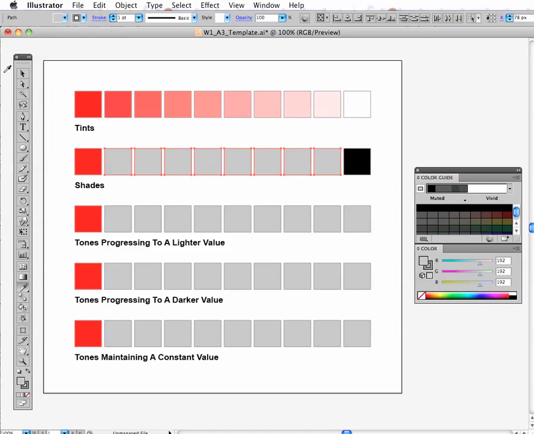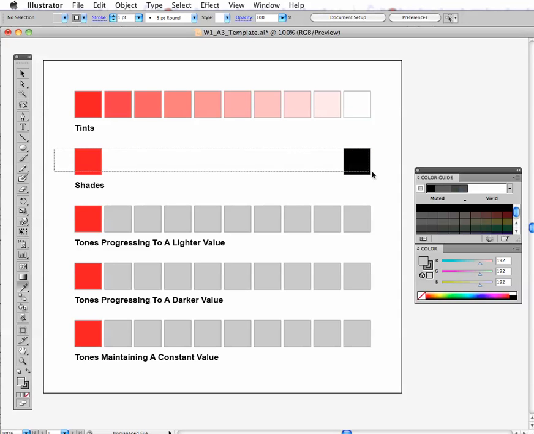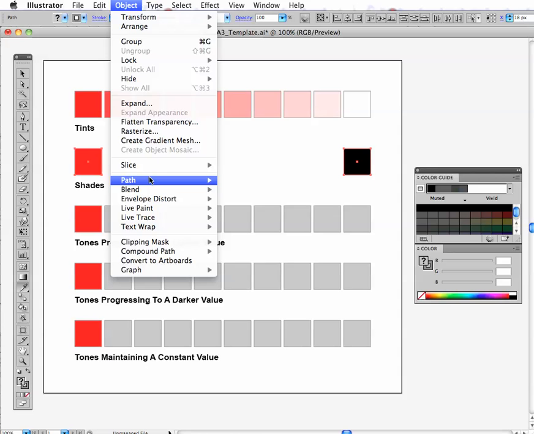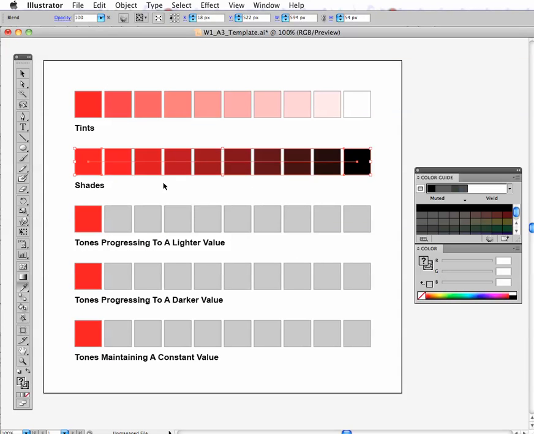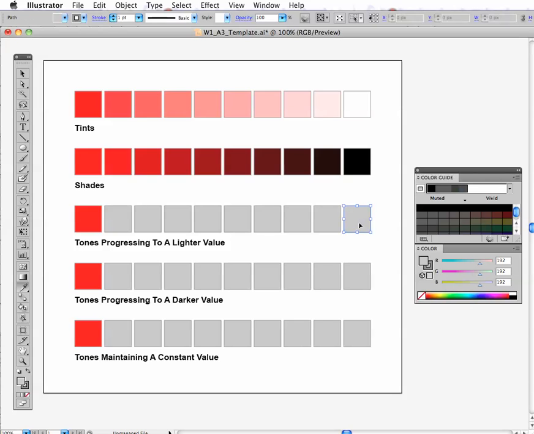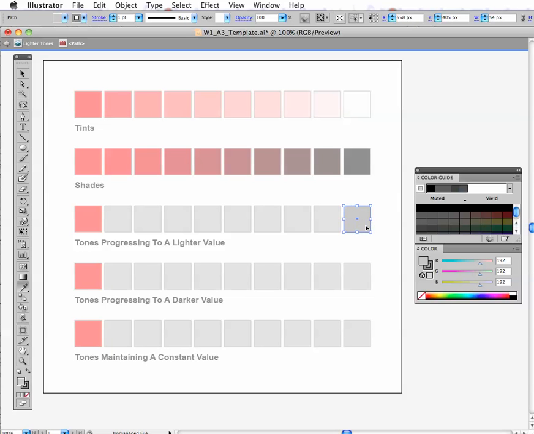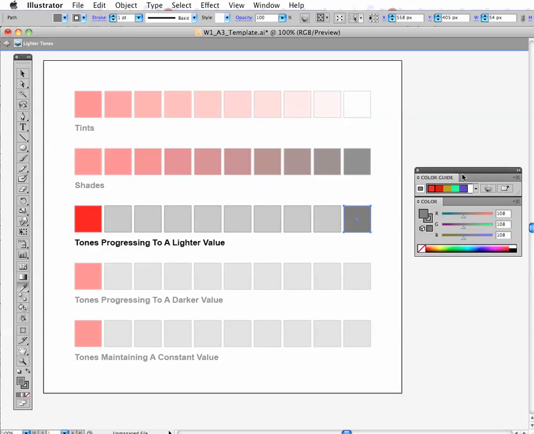So once again, I'm just going to delete those and make my blend. That's the one with shades. Now we have tones progressing to a lighter value, so that means that this grey here is going to be a light grey. So what I'm going to do is I'm going to find the equivalent grey value here and then just make it lighter. So to find the equivalent grey value, I'm using my color guide, and I'm using it set to